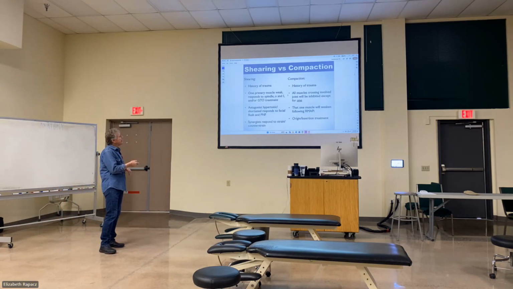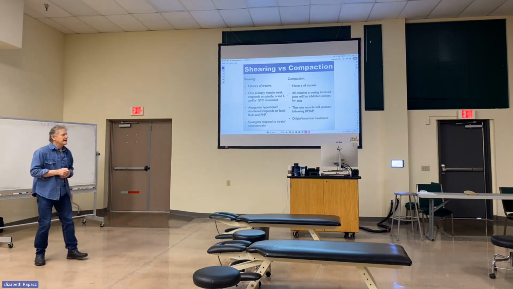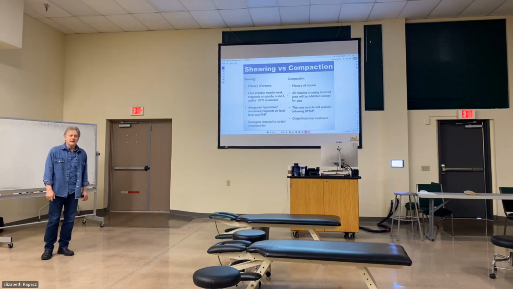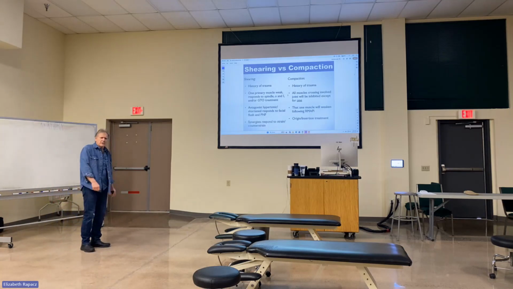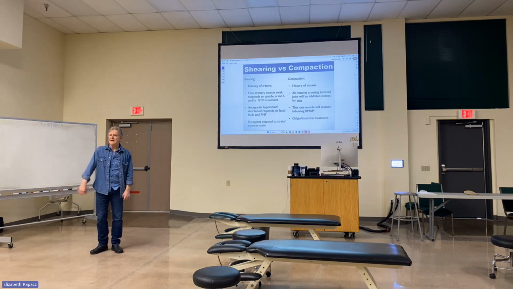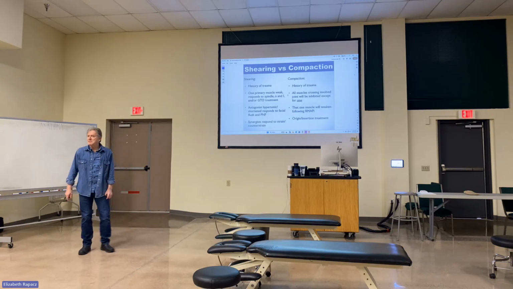In comparison, compaction, also there's a history of trauma. And compaction is just what it says. It's like you fall and you jam a shoulder. So common. I find it a lot in hips, ankles, shoulders, and wrists, but especially shoulders and hips. A lot of times you find all the muscles across the joint will be weak. So if you have compaction in the shoulder, everything's weak except for one, and maybe it's the delt, maybe it's one of the pecs, but one muscle will be